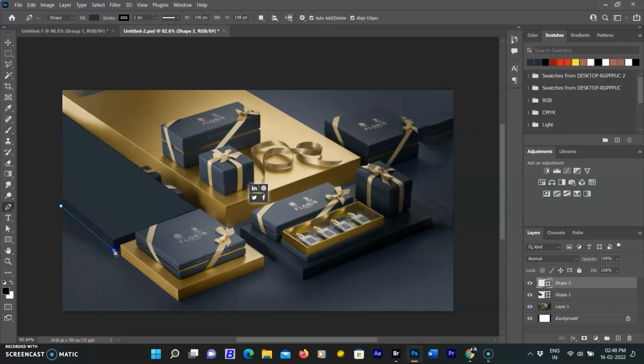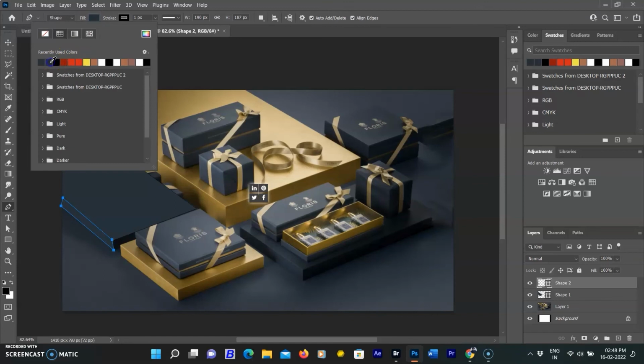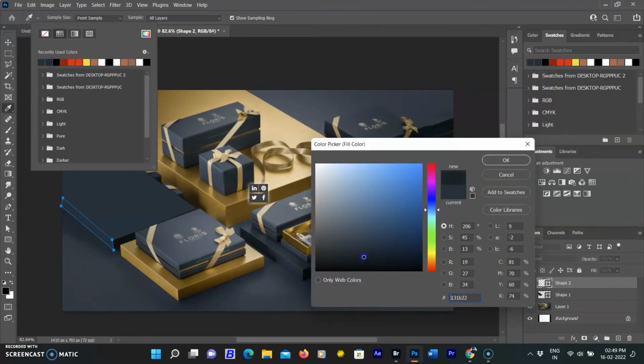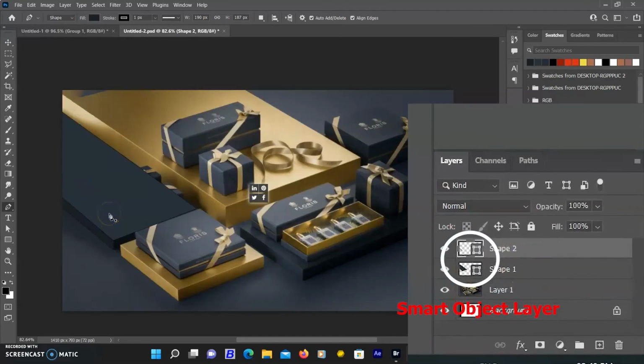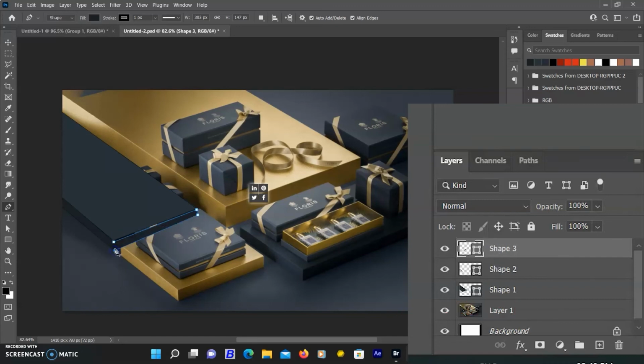Creating the left and front shape, I have created them the same as the top shape. All shapes were created in individual smart object layers. A smart object is a Photoshop layer that contains all the same image information as a normal layer, but a smart object layer will allow you to perform non-destructive edits. So you can resize the image as often as you want without causing any degradation. So you can change the shape anytime in a non-destructive way.